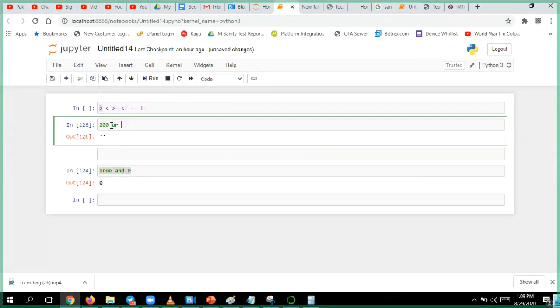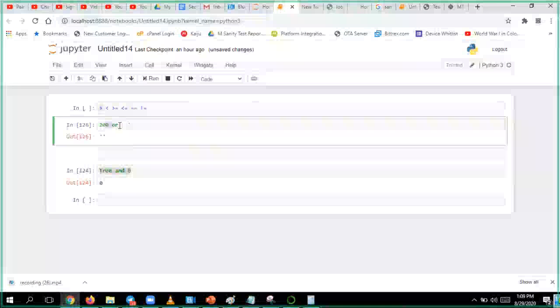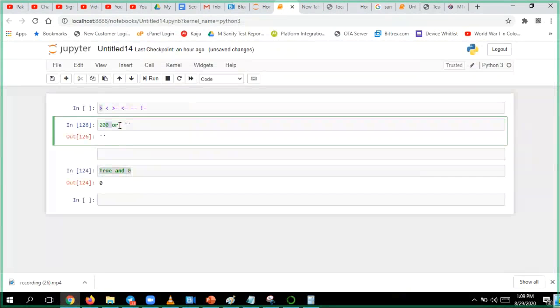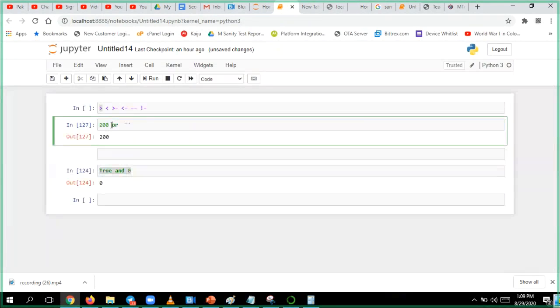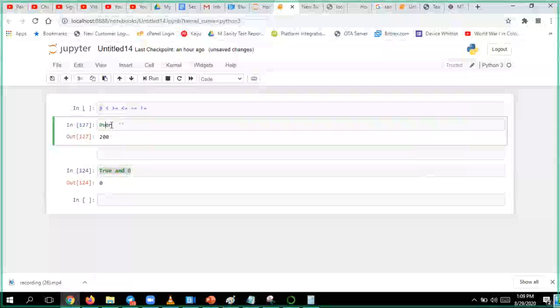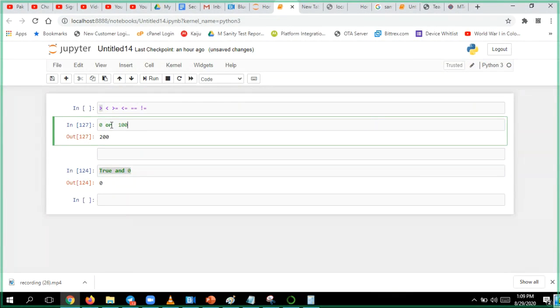If X evaluates to true, then the result is X. Otherwise, the result is Y. If X is evaluated to true, then only the result will be X. If X fails, then it will provide you 1000.